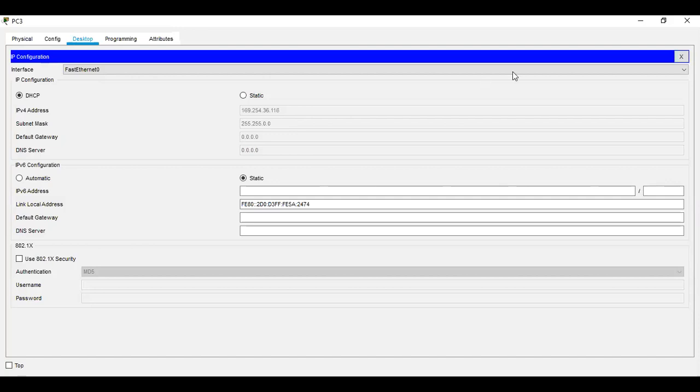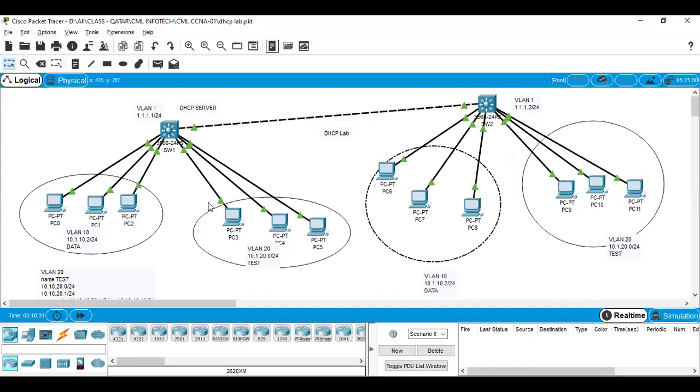So we will configure that as well. PC3 belongs to VLAN 20, port number 4. Ports 4, 5, 6 belong to VLAN 20, so we'll configure the DHCP for that as well.